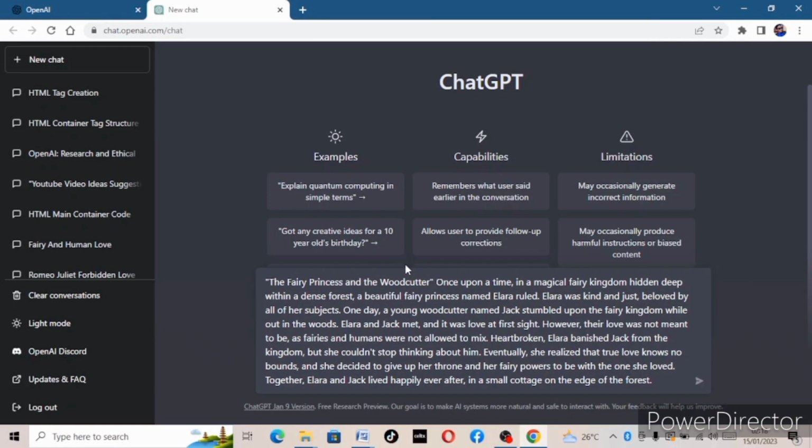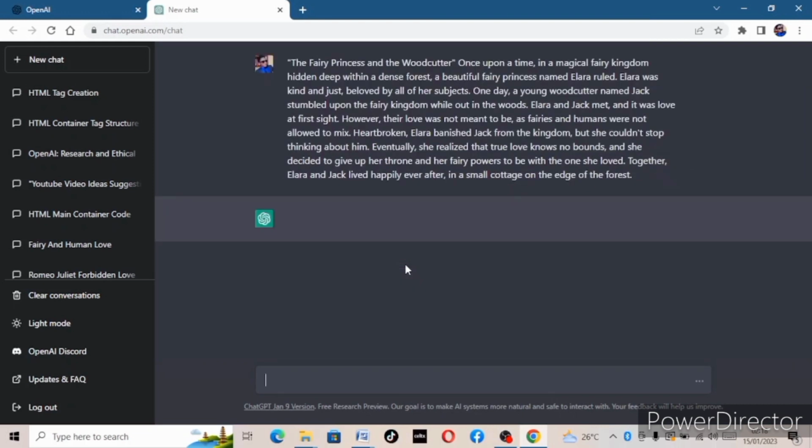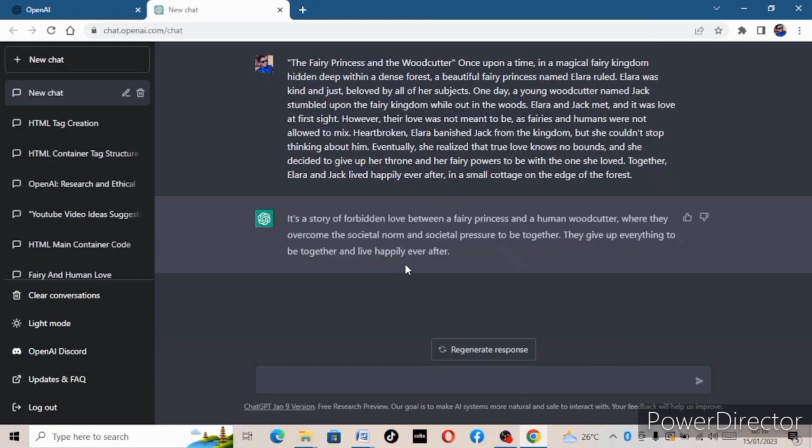So now I'm not going to give GPT any instructions. I just literally type my synopsis, a summary of a brief story, and I click enter. It is going to generate an abstract telling me how it understood the concept. If I don't like the way it understood the concept, I can always regenerate for it to do more or